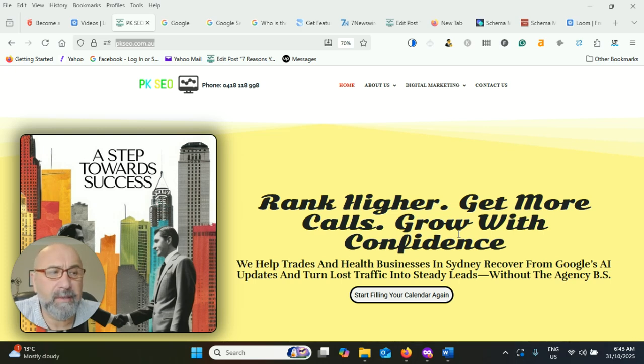But recently, within the last 2 weeks, AI mode has been implemented in Australia. You never used to see AI mode on our traditional search boxes, but now you do. So if you guys aren't optimizing for AI more than organic, you're going to find yourselves in trouble, because